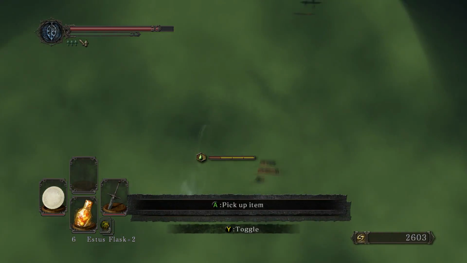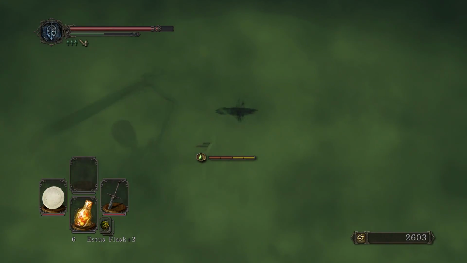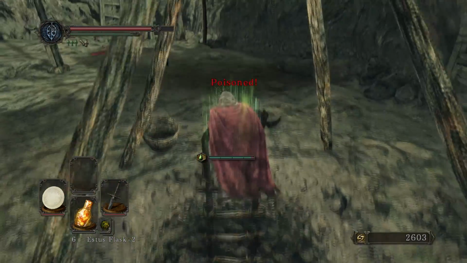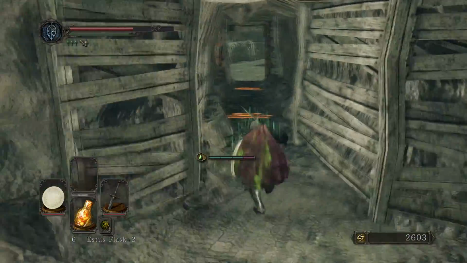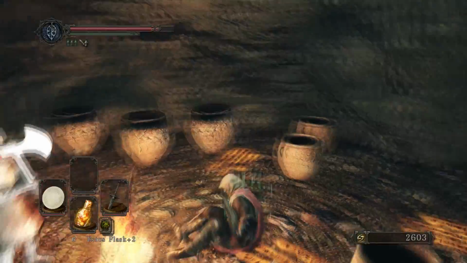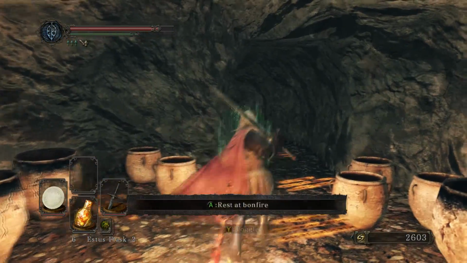Now, there never used to be a skeleton in here, but you can hear that guy. You could hear him raise up, so actually, forget that. There might be another item or two down there, but it's a bit risky. I don't have the right poison resist to do that, so